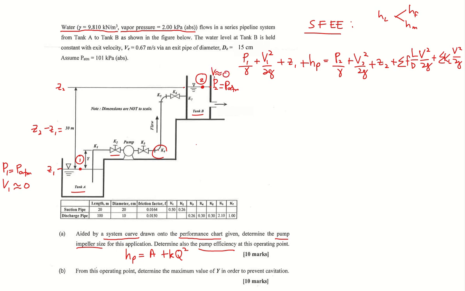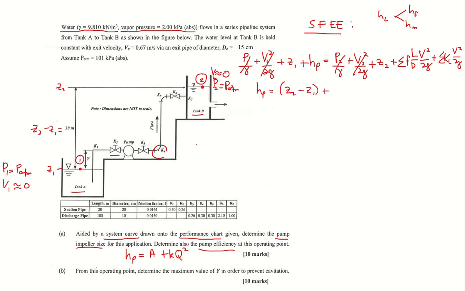All right. So we can cancel P1 and P2 because it's the same value, PATM. V1 and V2 also cancel because the velocity is almost zero in a large tank. So what we have now is HP equals Z2 minus Z1